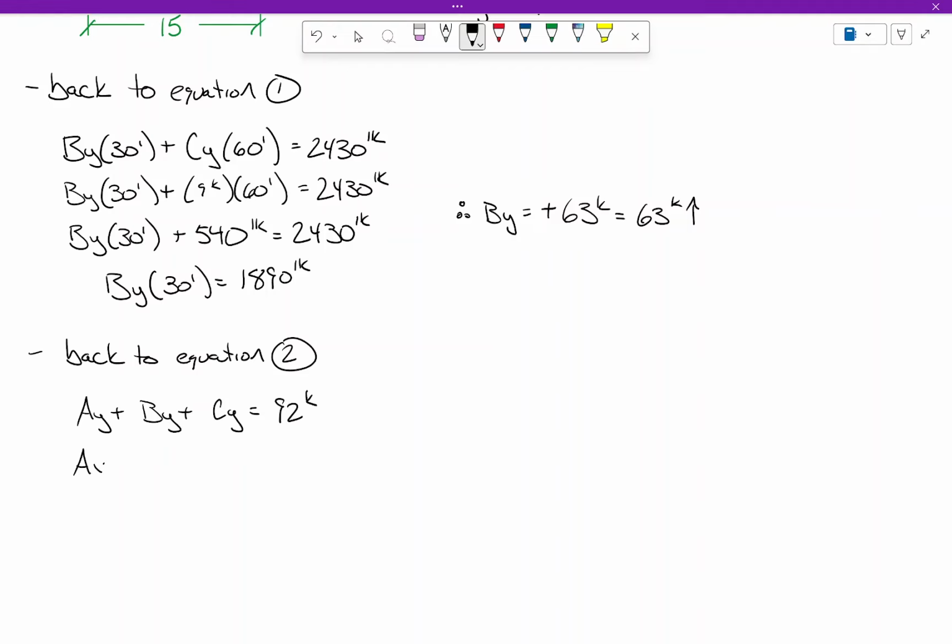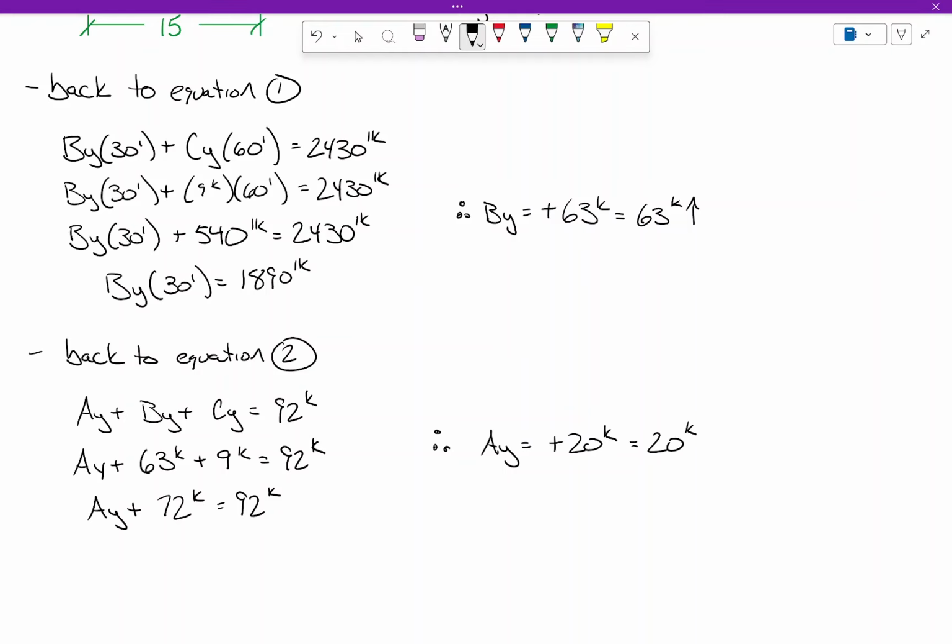Okay, so we know that Ay plus, in this case, 63 plus 9 kips is 92 kips, which is Ay plus 72 kips. I think I can do that one in my head. And there we go. Make sense? So therefore,